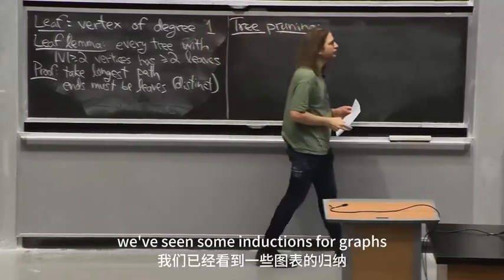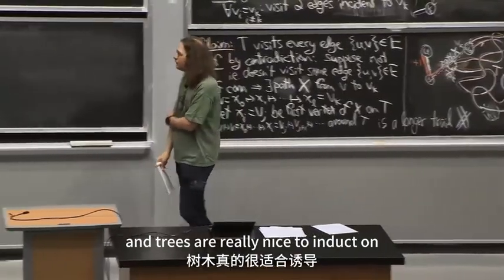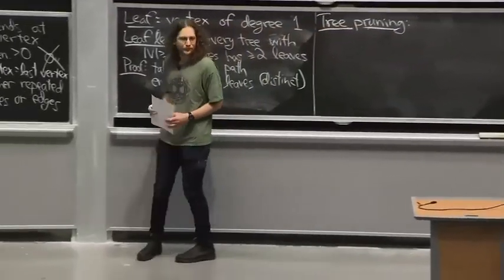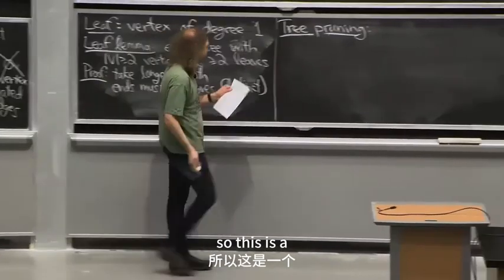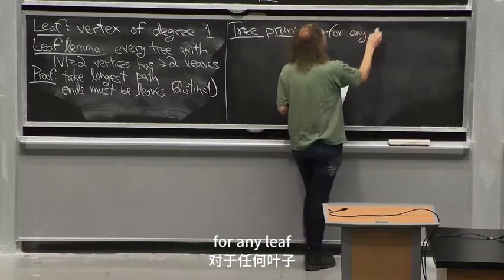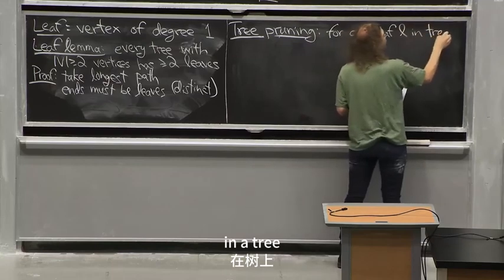We've seen some inductions for graphs. And trees are really nice to induct on because they have leaves to trim. So this is a theorem: for any leaf L in a tree T,